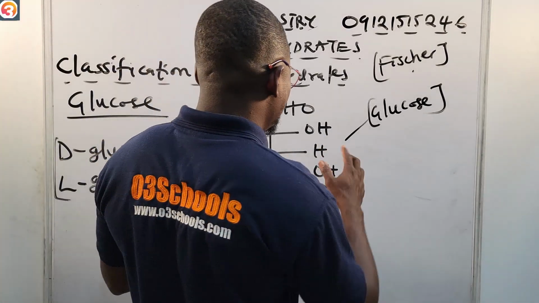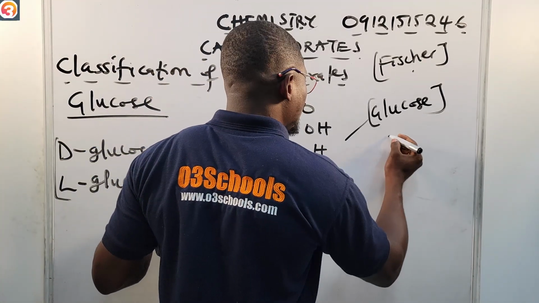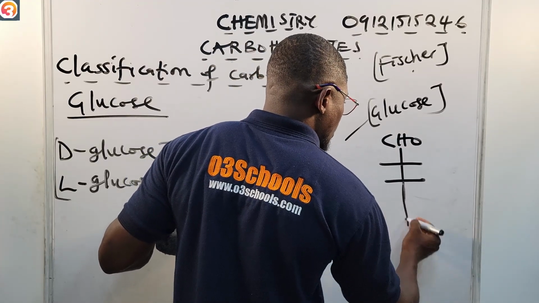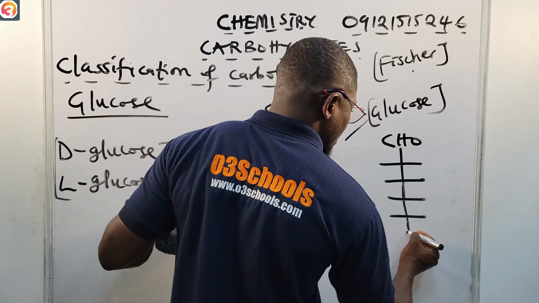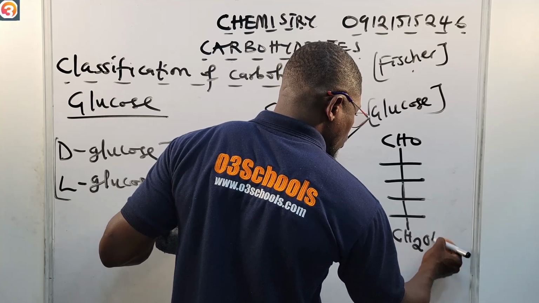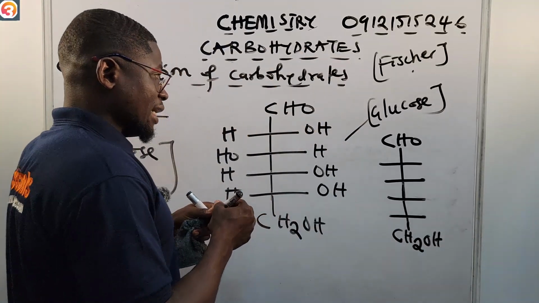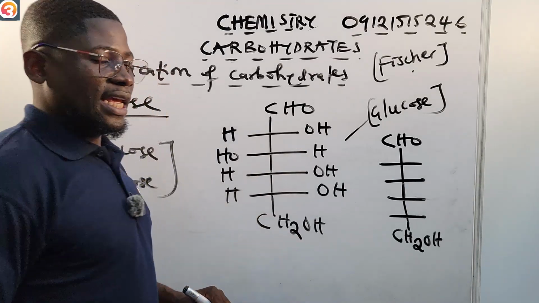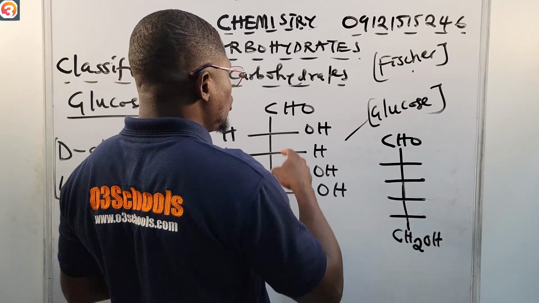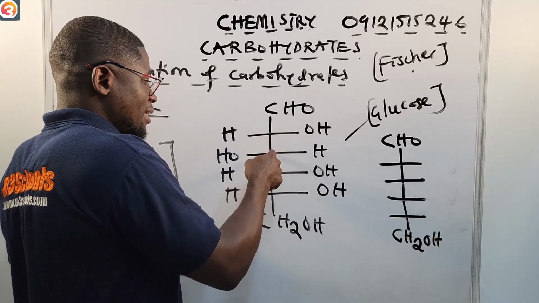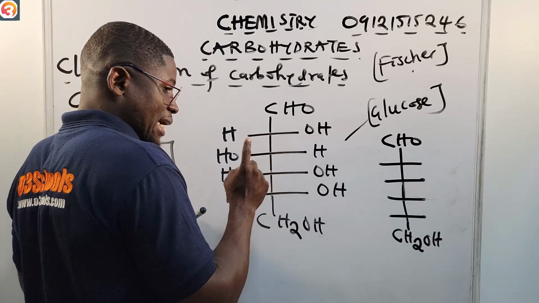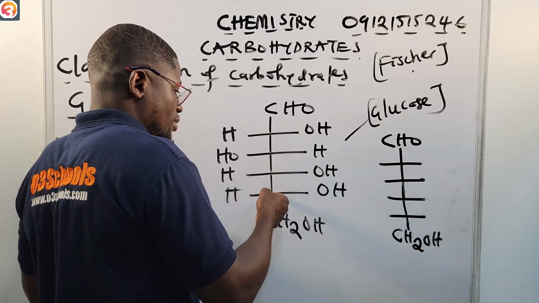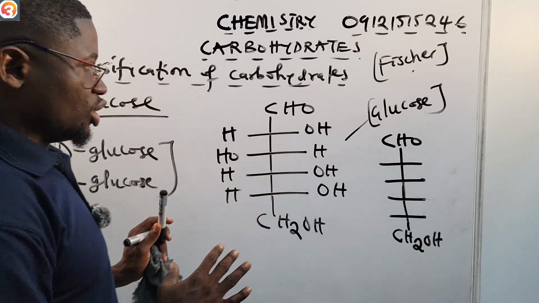Okay, this is the structure of the L-glucose. CHO. Okay, the same: 1, 2, 3, 4. Then you have CH2OH here. We can see that the top and the bottom are the same, having the aldehyde functional group at the top. Now, there's a carbon here, a carbon here, a carbon here, a carbon here. Please take note of that. These carbon atoms are the crosses. This is just the structure.